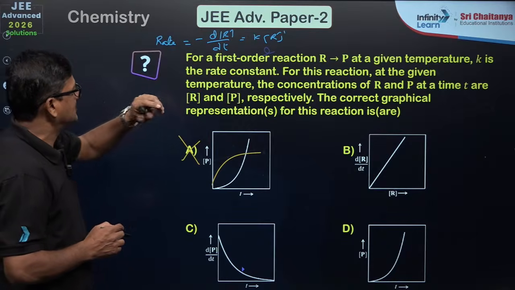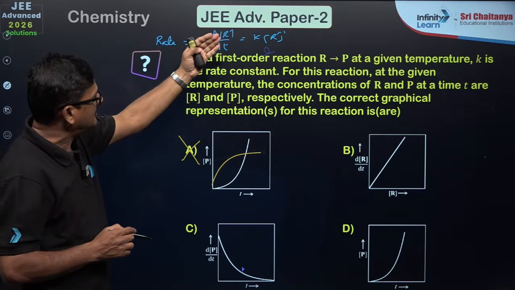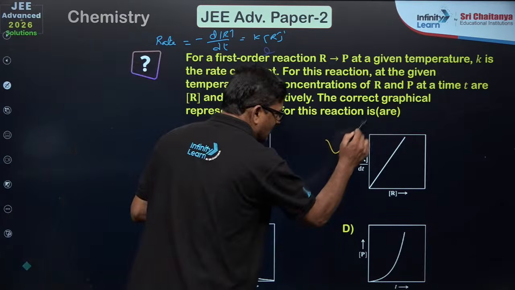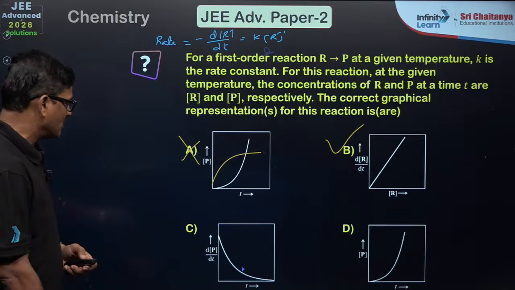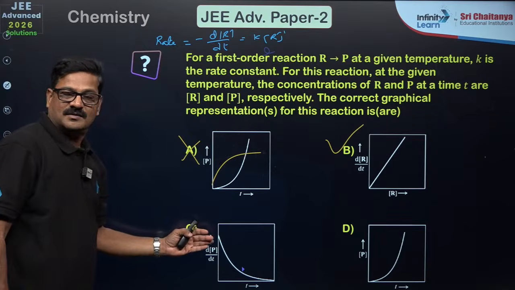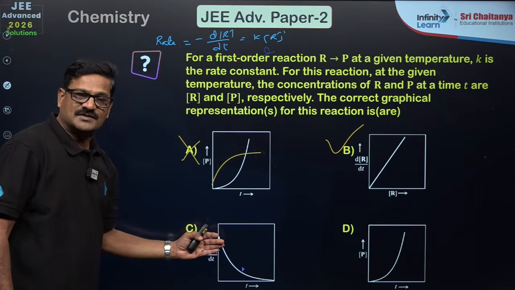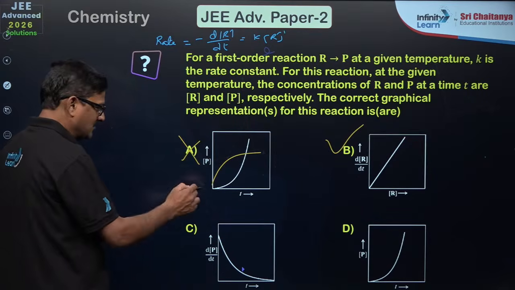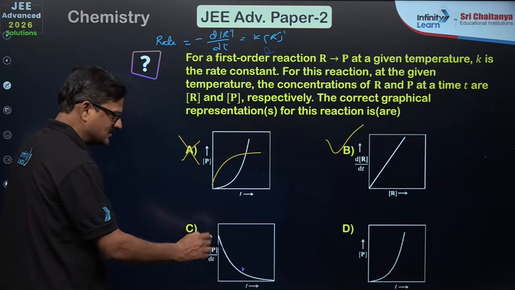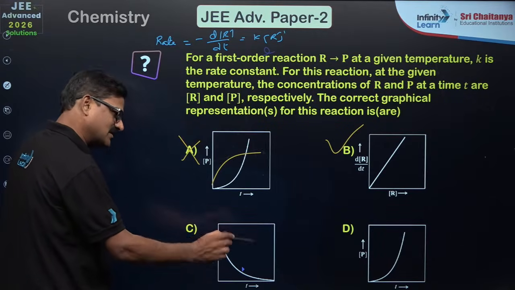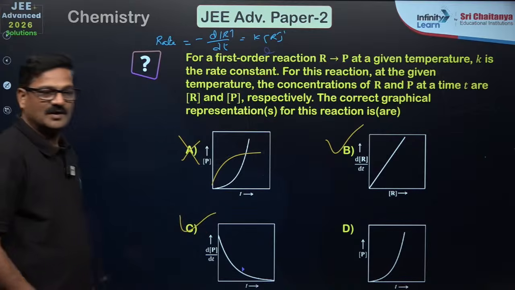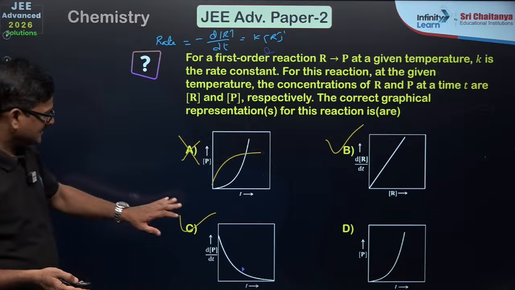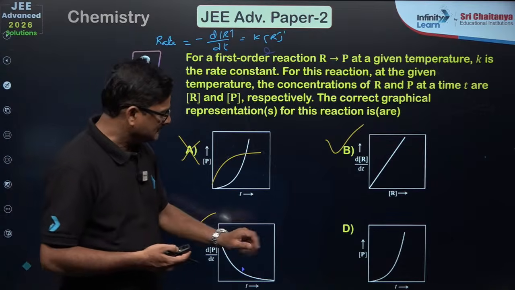So k is a constant, so the magnitude of dR by dt is directly proportional to the reactant concentration, so it passes through the origin, correct. And of course, as the reaction proceeds, the rate decreases with time, so that the reactant concentration decreases and the rate with respect to the reactant as well as the product also decreases with respect to time. And C is correct. Talking about D,